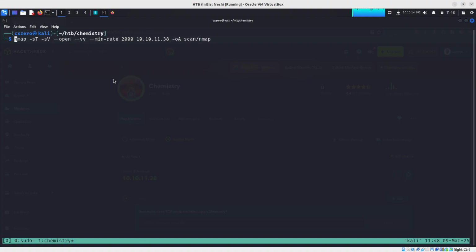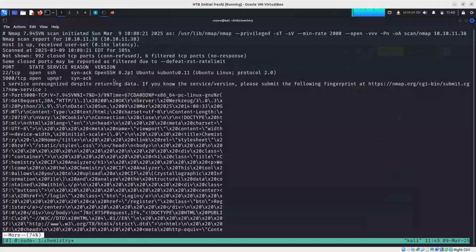So I already did this one, just to speed up and give results more quickly. We are going to see the results right now. So let's grab the Nmap scan only, and it reveals two ports, 22 for SSH and 5000, which does